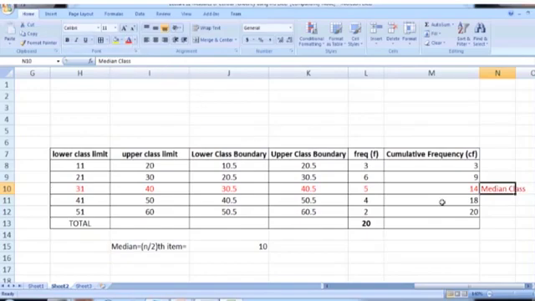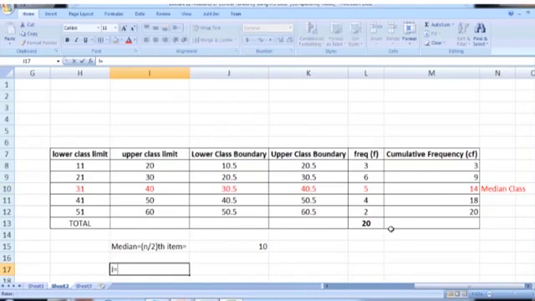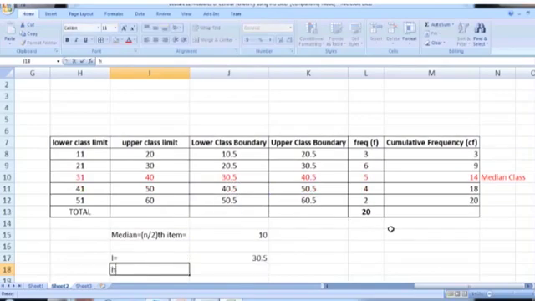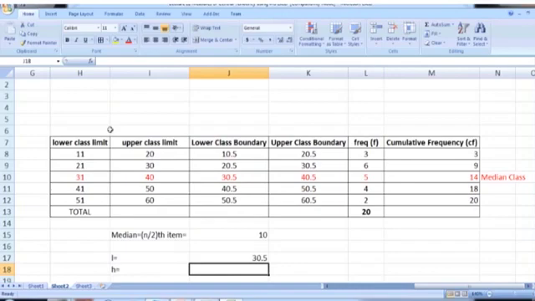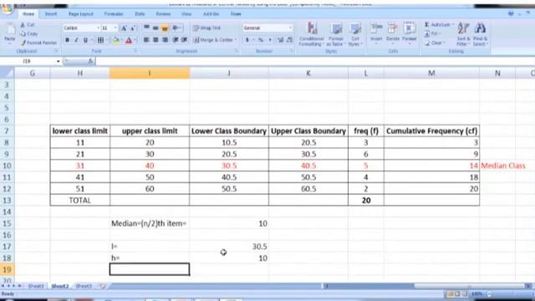So in order to calculate the median, we need to calculate L, which is the lower class boundary of the median class. So L is the lower class boundary, which is here. H is the class interval, which in this case is the difference of any two consecutive terms, which is 10. F is the frequency of the median class, which is 5 here.